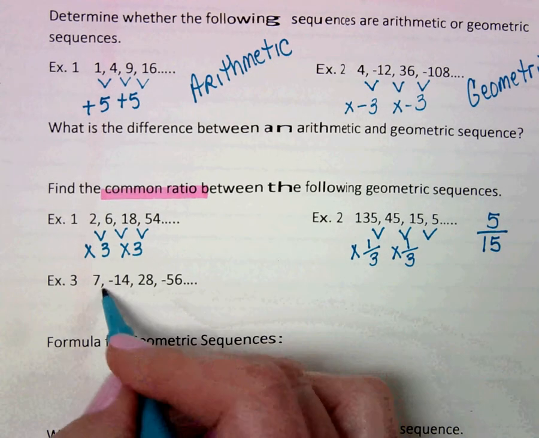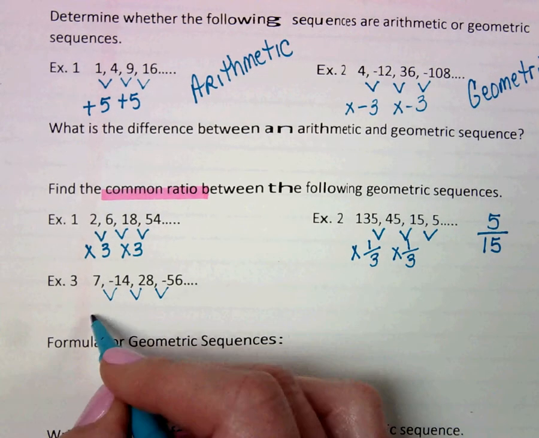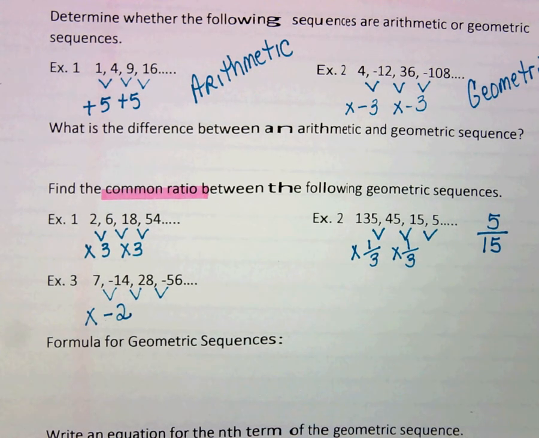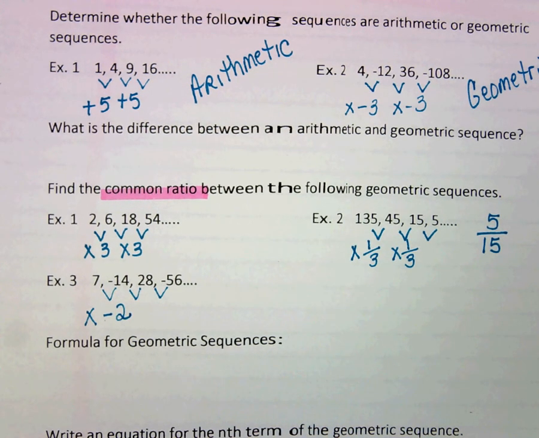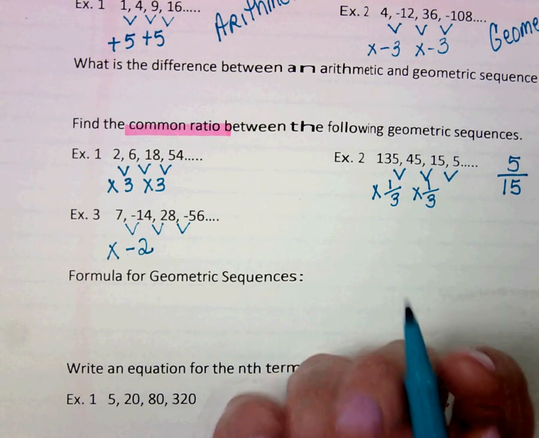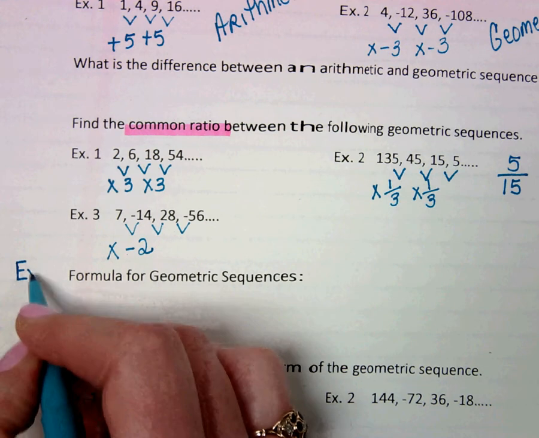Okay, and then the last one, really easy. Again, the pattern is multiplying by -2. That's your common ratio. So we have to be able to identify the common ratio. So let's talk about what the formula is, the explicit formula